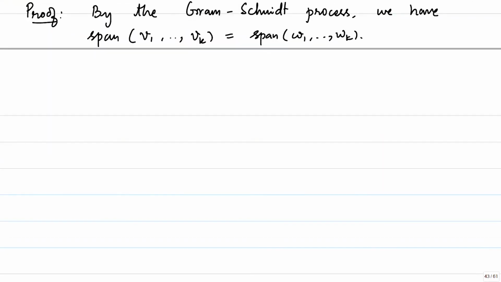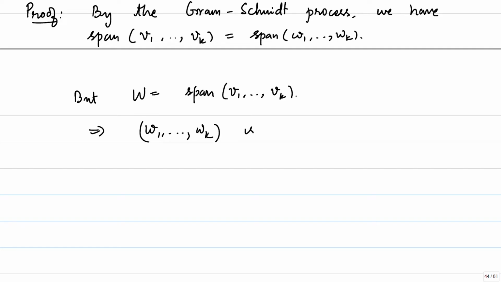What is span of V1 to Vk? We started off with V1 to Vk as being a basis of W, but W is equal to the span of V1 to Vk. That means that W1 to Wk is, okay, the orthonormal part comes later,